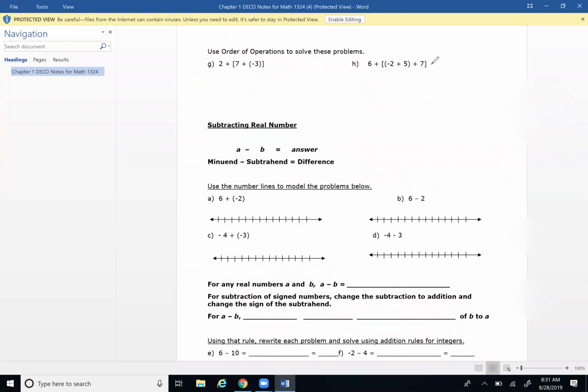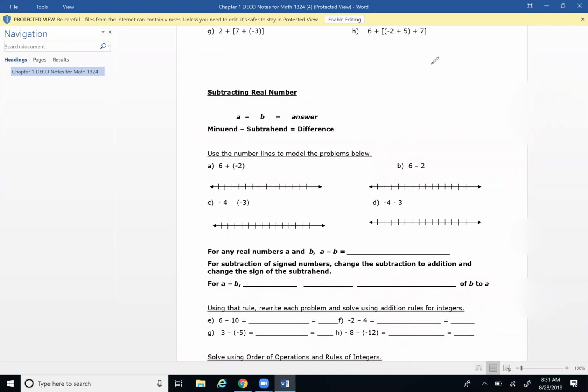Okay. So now, let's move down the page a little bit. And we'll talk about subtraction, because so far, everything we've looked at has been adding, whether we had both positive, both negative, or one of each. But sometimes we're going to see subtraction signs with some negatives involved. There's a short little add-on to the rule we already know that lets you take care of subtraction easily. And that is simply this. Subtraction